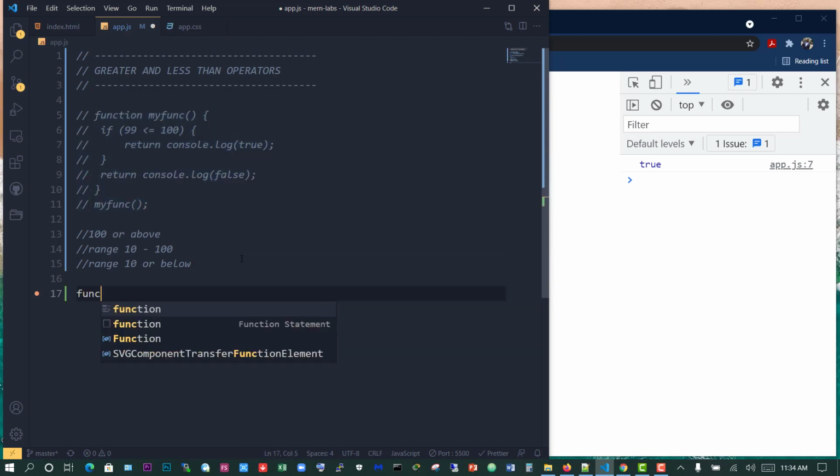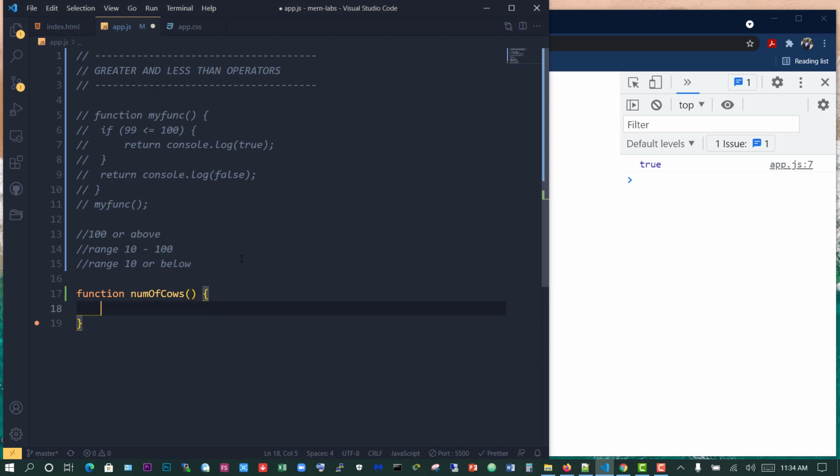So I'm going to create a function for the number of cows we have in the farm, and it's going to take in a value, and I'm going to say if the value is greater or equals to 100, because I want to see 100 and above, then we'll say return